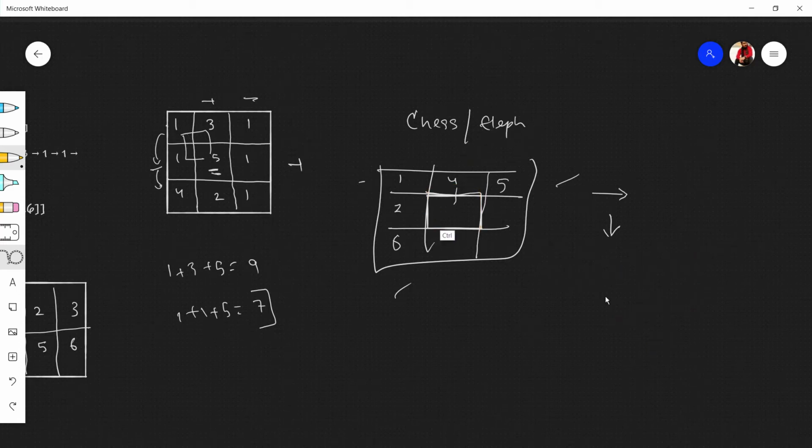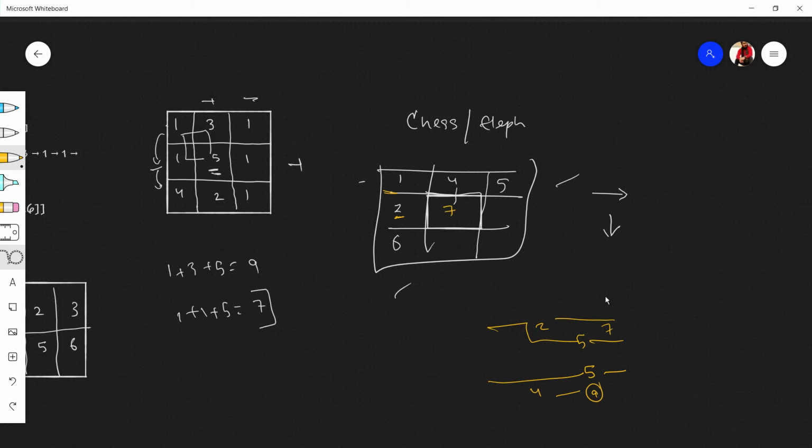Yeah, we'll take this path. So 2 we have already paid. Like this is the path and this is the path. You have already paid 2 here, you have already paid 4 here, and you have to pay 5. You have to pay 5, then you can go along. So which will you prefer? Obviously this one, because this is taking 9 and this is taking 7. So we'll prefer this 2. 2 we have already paid to reach this cell. Now we'll pay 5 for standing on this. 5 plus 2, total amount paid 7.